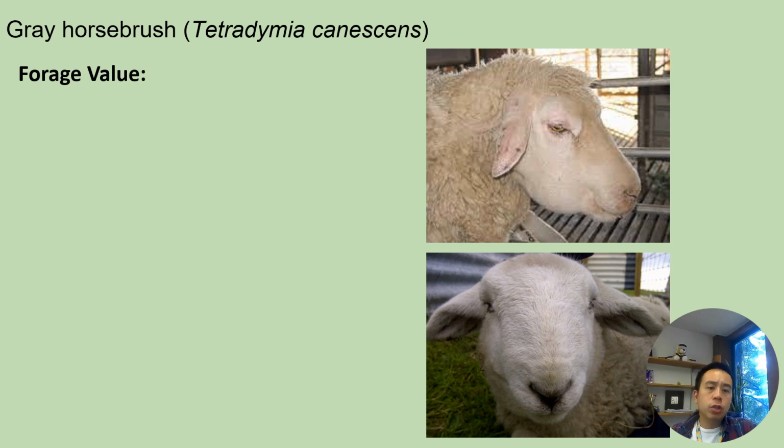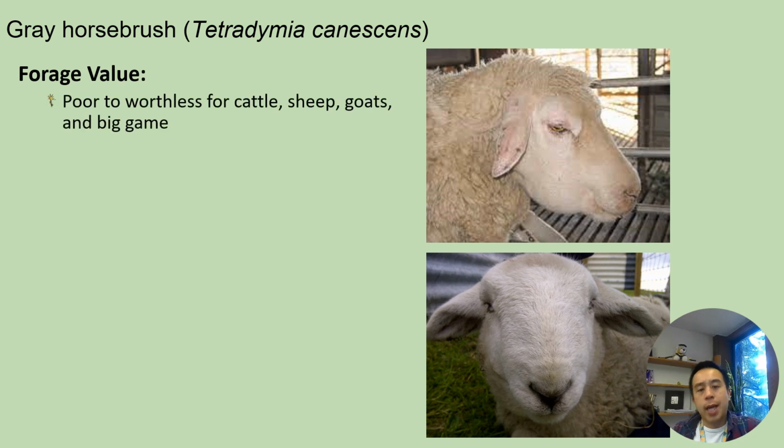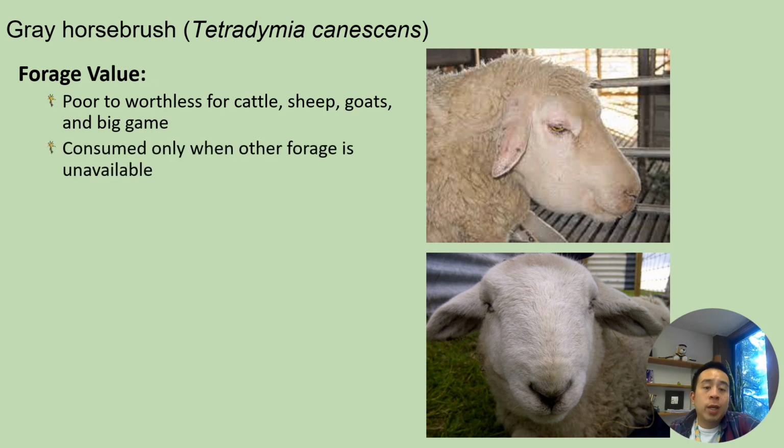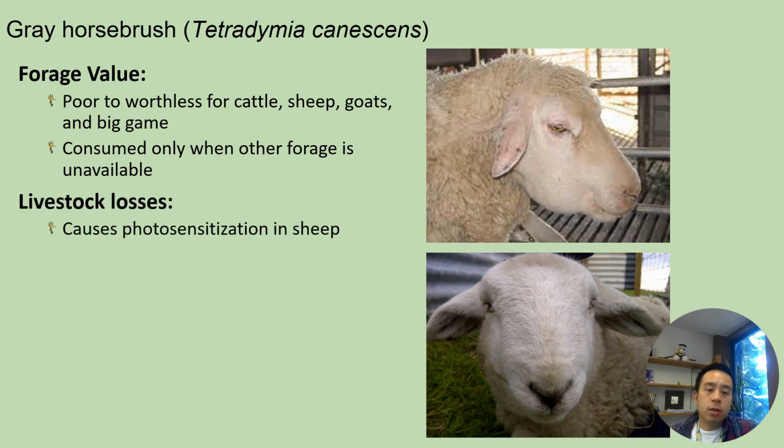Gray horsebrush, or Tetradymia canescens, is poor to worthless for cattle, sheep, goats, and big game, and is only consumed when there's no other forage available. So basically, when they're starving. Livestock loss. This is often an issue because it can sometimes cause livestock losses, especially with sheep, where it can cause